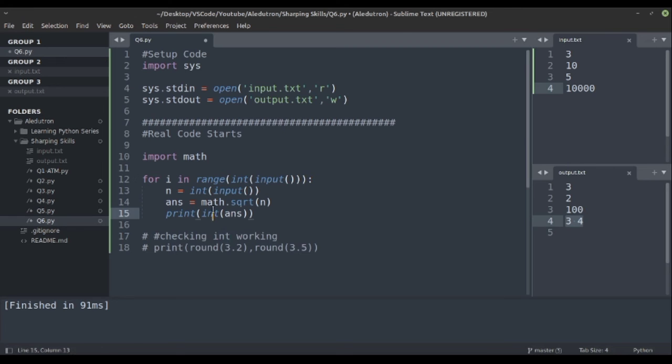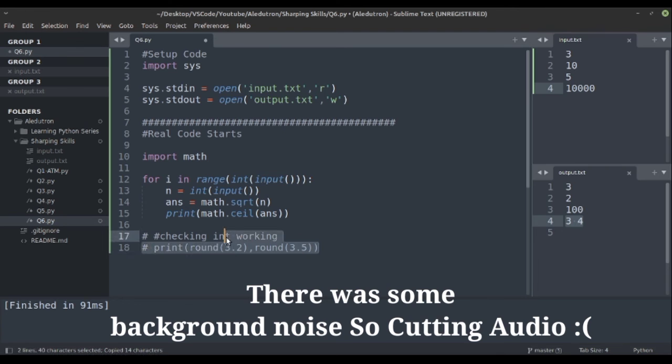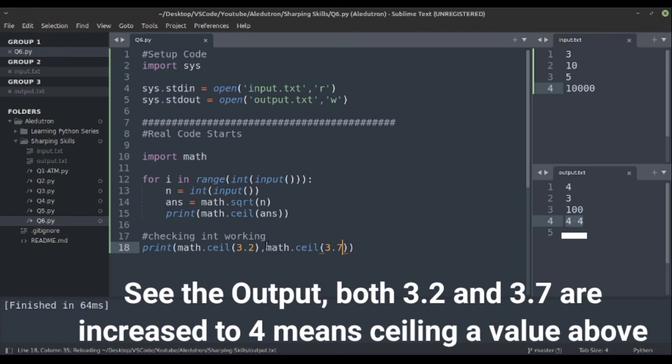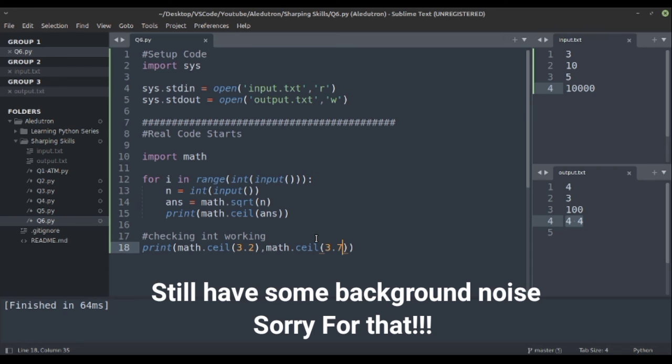Let's comment this and see math.floor and math.ceil too. math.ceil will increase the float to the next number.